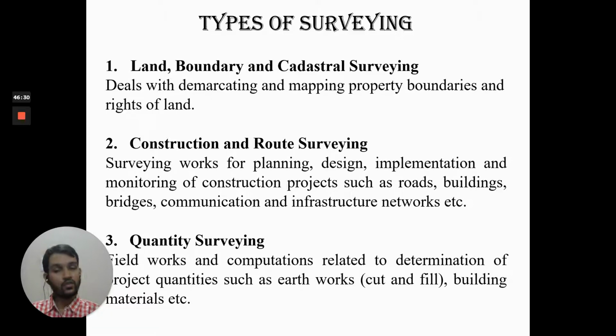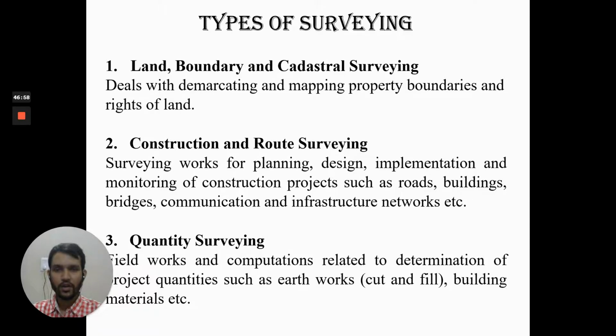For that, two things are very important: measuring the angles as well as measuring the distance, and various techniques for that. This is a case of a simple project, but for large projects we need different things. Even survey activities are carried out for the whole country, to locate the RL of all the points so that they can be plotted. So it is required for construction and route survey.